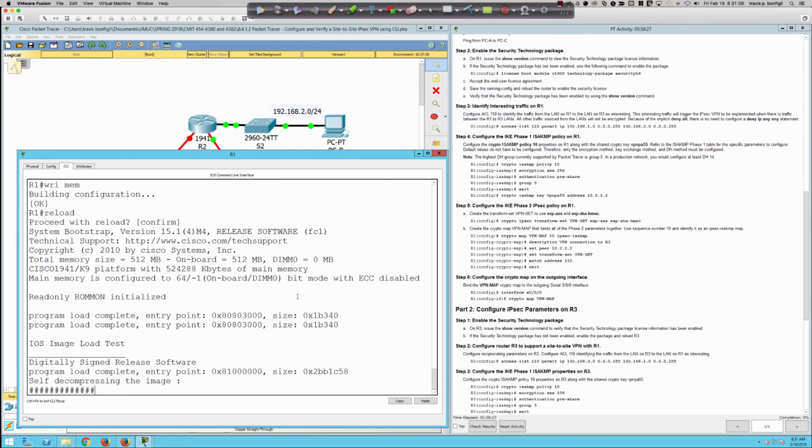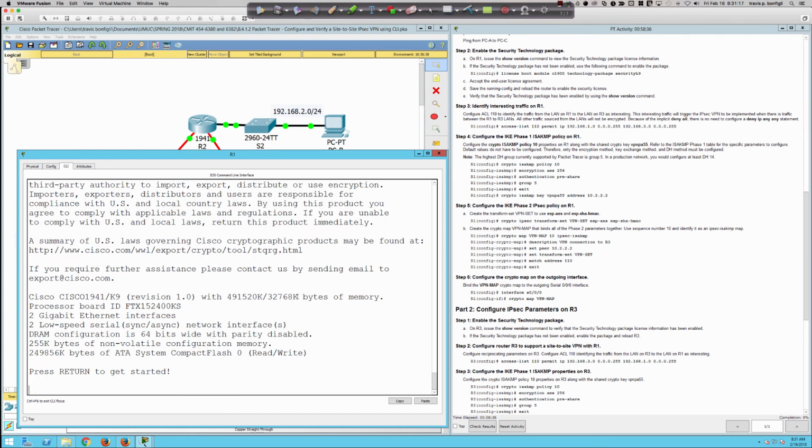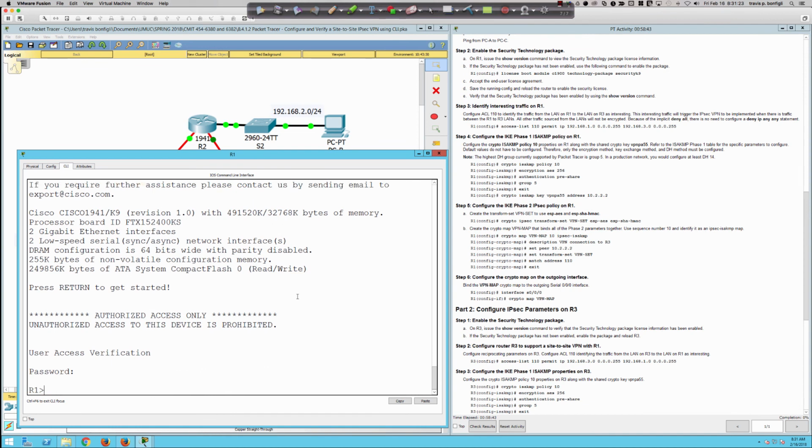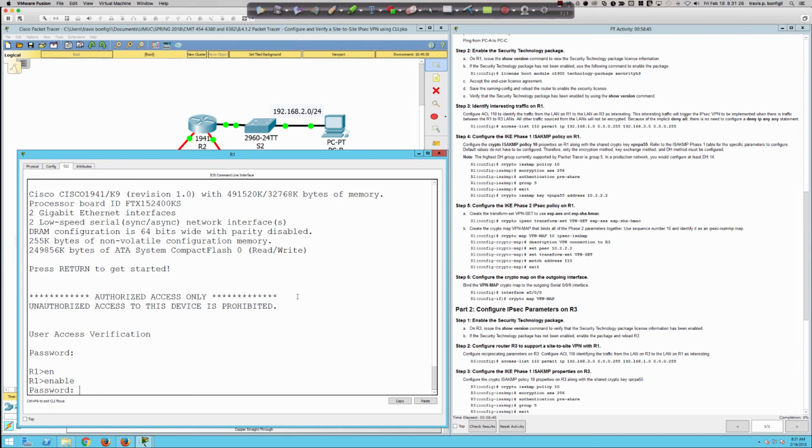And you can see it's very quick in Packet Tracer, and this is one of the beauties of Packet Tracer, is that we won't be here for about 3 minutes waiting for the router to come back up. We type in reload, and look at that, we're back, right? Just that fast. So Cisco con PA55 for the password at the console. We're at user exec prompt. We say enable to get to privilege exec,